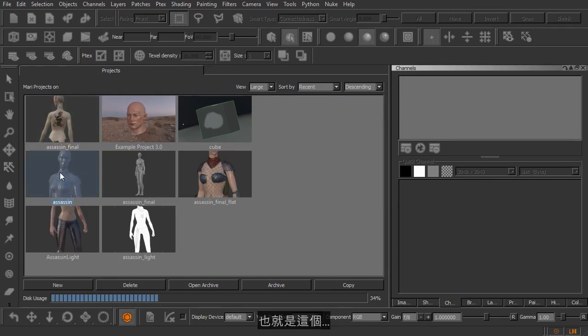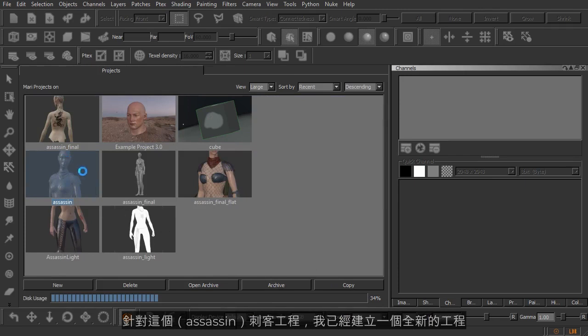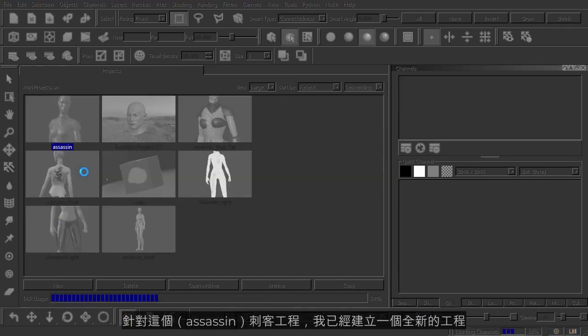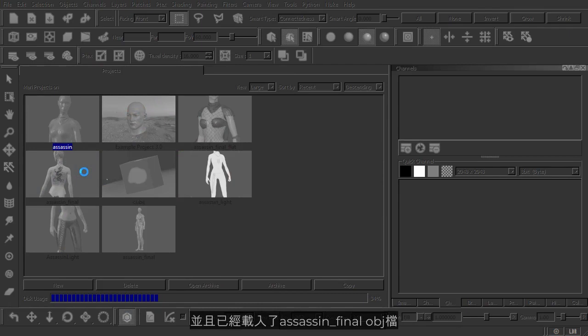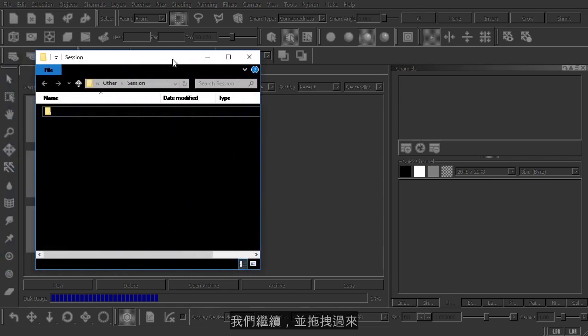This is the same exact asset for this Assassin project here. I've already created a brand new project, and I've loaded in that Assassin Final OBJ. So we'll go ahead and load up that project here, and I'll show you how we can begin to bring in that session data. While that's opening up, I'll go ahead and just drag this over here,